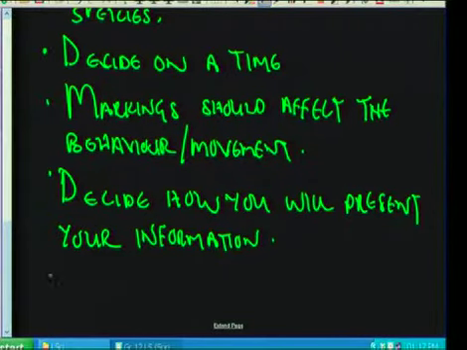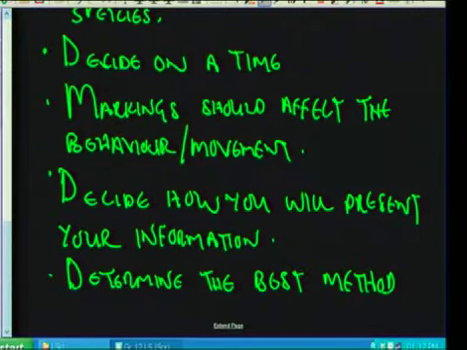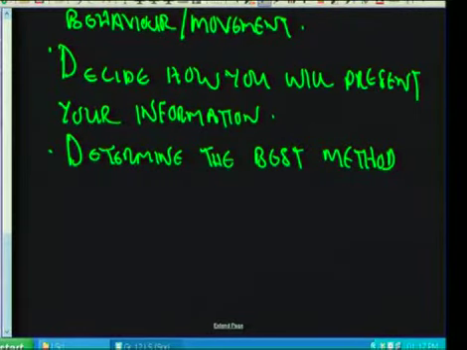Okay. Other things that you need to look at, you need to determine the correct method. Determine the best method. And as I said, the best method would be the mark recapture method. Unfortunately, we would not be able to count every fish physically, and hence you cannot use the direct method. So you would need to